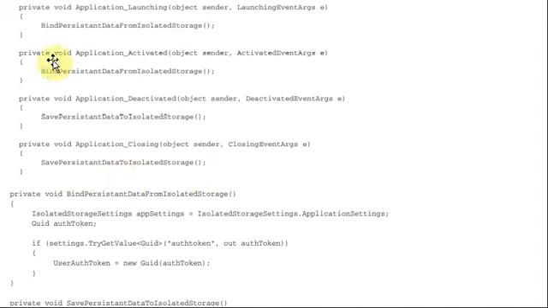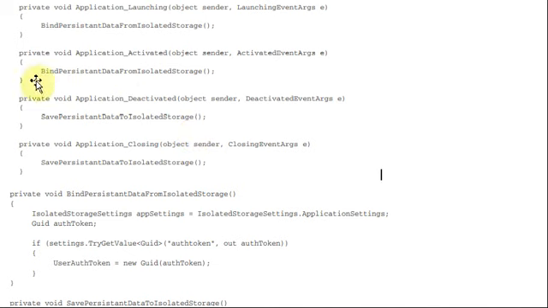So you have the function bind persistent data from the storage, and the next function is save the persistent data to the isolated storage. So the two functions are bind as well as save. Bind means you can launch and activate, that is load and resume, and when you say save, it is closing and deactivating, that is nothing but exiting. Okay, so these are the different functions.